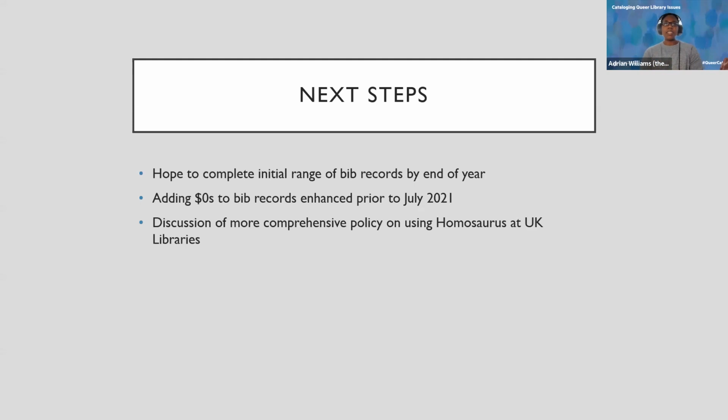Retrospective enhancement has definitely made a positive effect on our catalog, but it would perhaps be more efficient if these terms were added from the get-go. Philosophically, this work is never going to be done, and that's okay. There's probably always going to be more we can do to make our library catalogs more inclusive for our users and our description more reflective of the people we describe. I look forward to pursuing this work further.